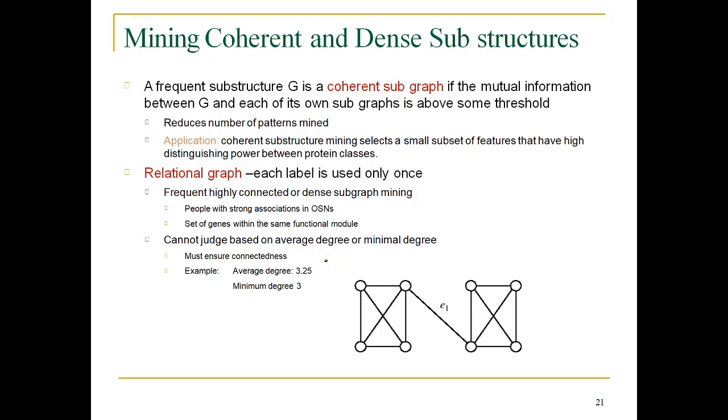So graphs are mostly used for modeling and analyzing massive networks. This pattern is high for the dense subgraph in large relational graphs, and it will identify the group where the people are strongly associated. So we draw an edge, then we are going to find the minimal average degree and the minimum degree as well as the average degree for the graphs, and we see how much they are connected.